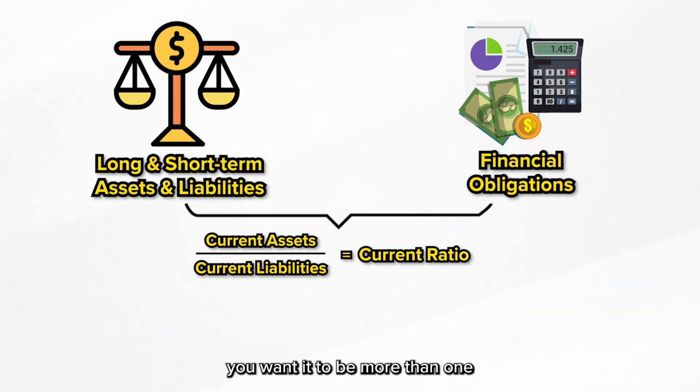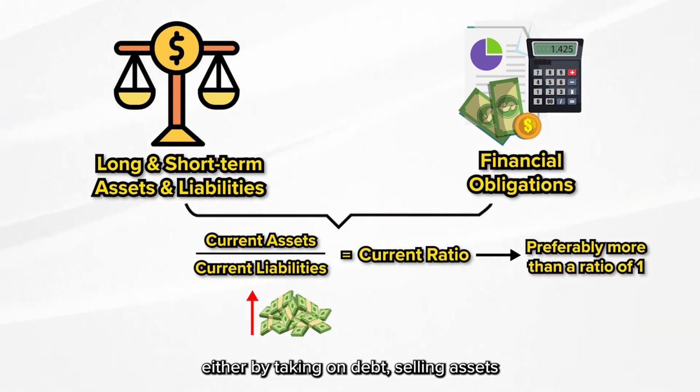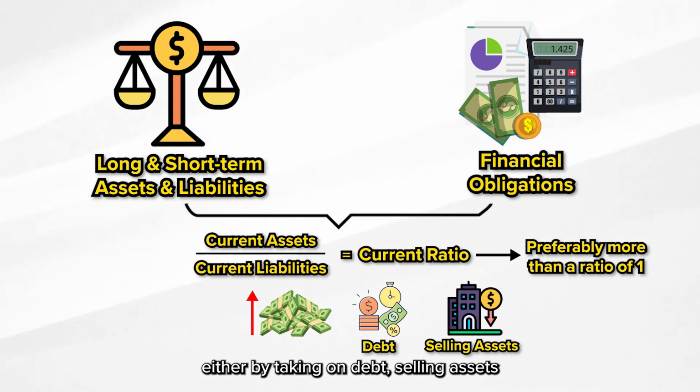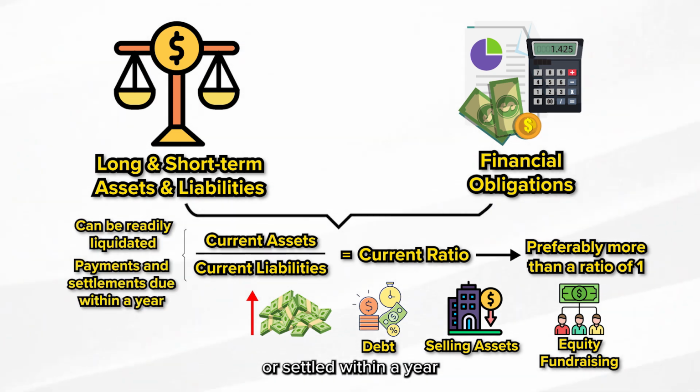Most of the time, you want it to be more than 1. Else it will mean that the company has to raise cash, either by taking on debt, selling assets, or doing equity fundraising, so as to fulfill all its near-term financial obligations. Also, take note that for current assets and liabilities, there are things that can be easily liquidated or settled within a